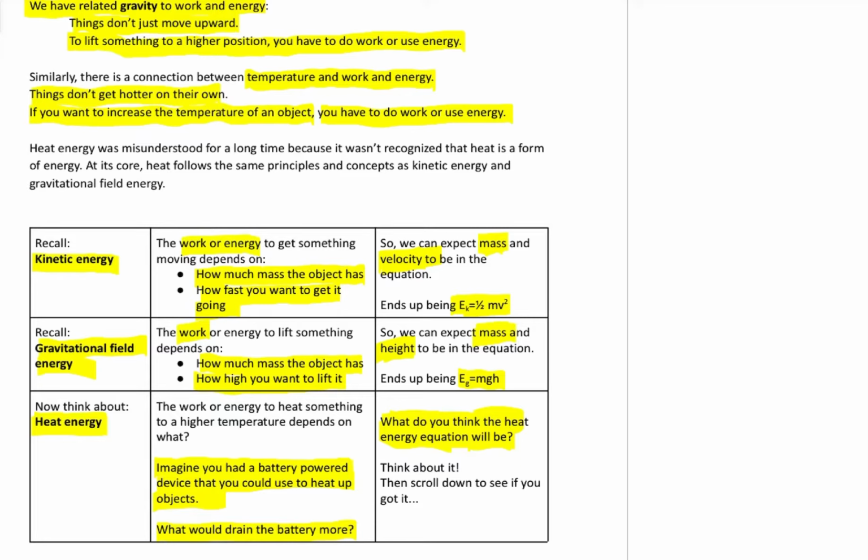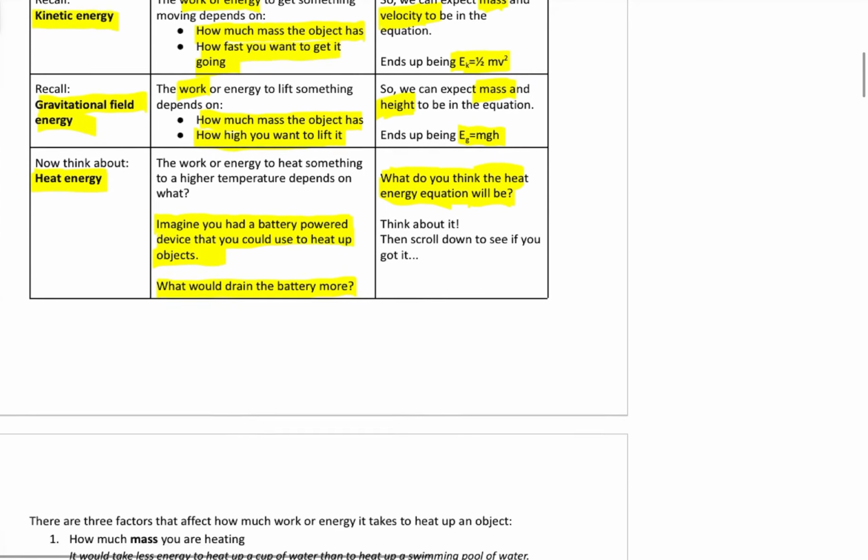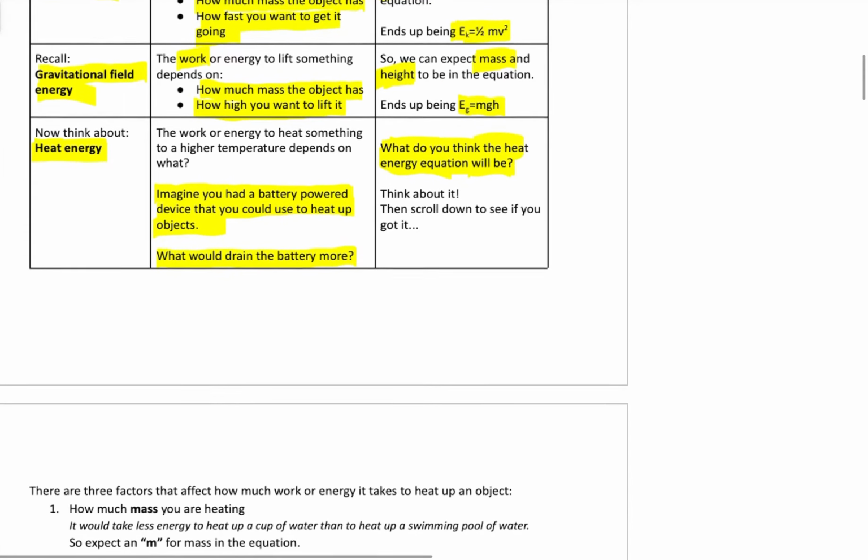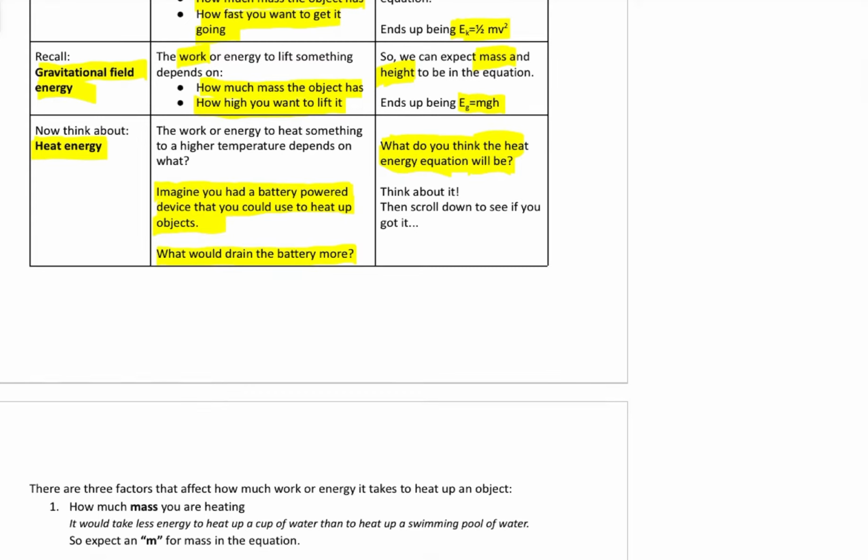All right, if you haven't had a chance to think about it, I'm going to scroll down. So if you want to think about it a bit longer, pause the video. But here's the answer. Here's the properties that affect heat energy. I'm going to go a little bit at a time for some drama here. There are 3 of them. Usually when I do this in class, people come up with 2, and the third one's a little bit weird. But one property is how much mass.